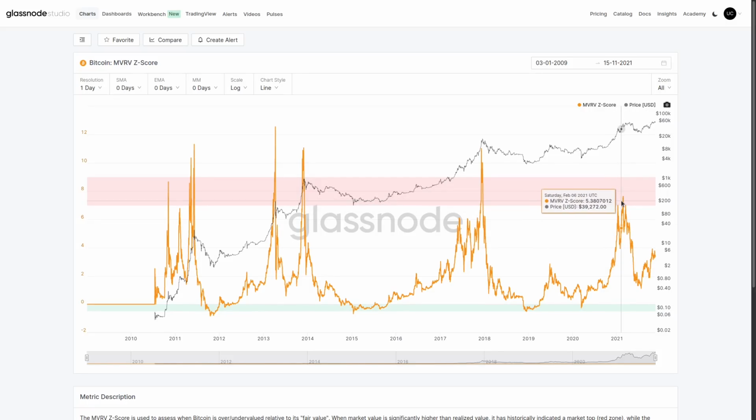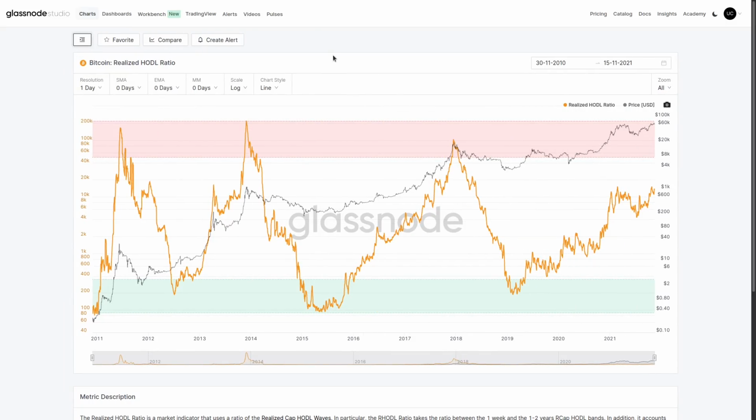In this instance, back here in 2021, we know the Mayer multiple was and the MVRV was as well. So that's starting to signal that there's potentially a point where we can de-risk, or at least just assess what kind of probabilities there are that we're getting into that overheated zone. And very similar to the Mayer multiple, after that sell-off in May, you can see that we've more or less recharged or flushed out much of that speculation, and we're now quite some distance below. We're, again, roughly around halfway along this journey back in towards the red zone. So again, the markets are dynamic, always changing, but this certainly provides a metric based on where everybody's cost basis is on chain. What is the overall behavior expected?